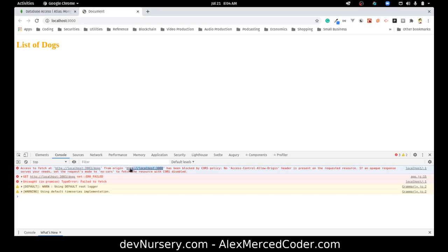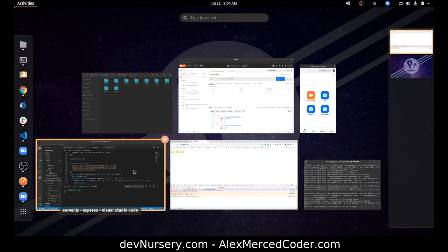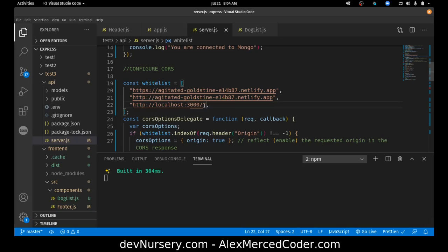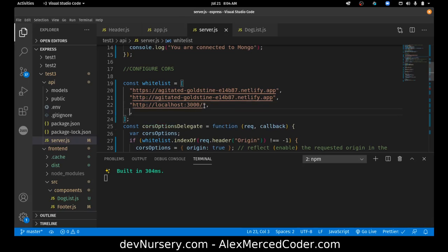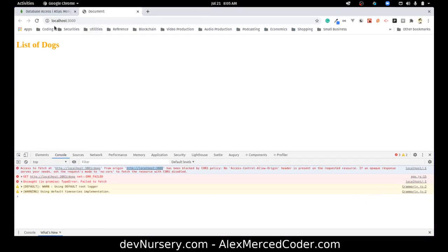Okay, so now it's complaining about CORS. So I'll just put both in the whitelist. So let me add that to the whitelist in the CORS middleware in my server. Okay, so with the slash, without the slash, just figure it out. Now if I hit refresh,